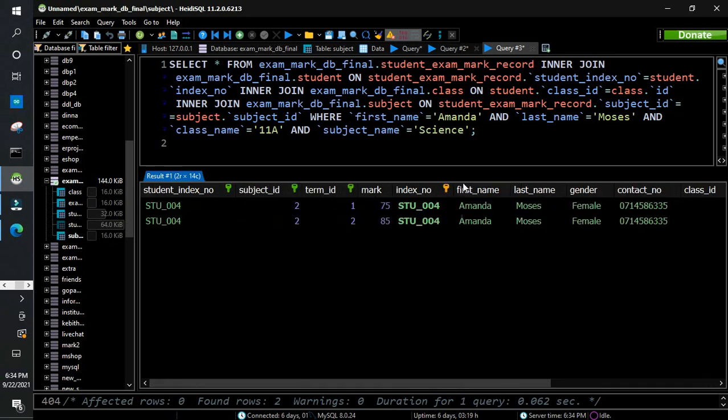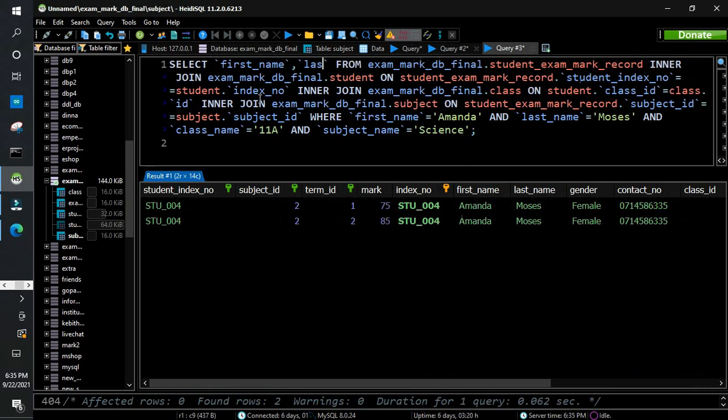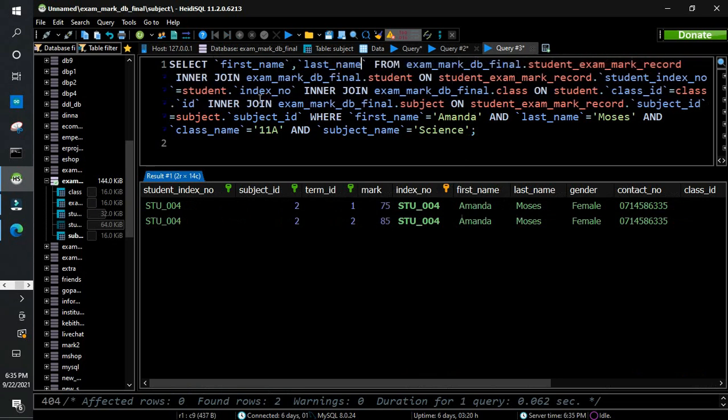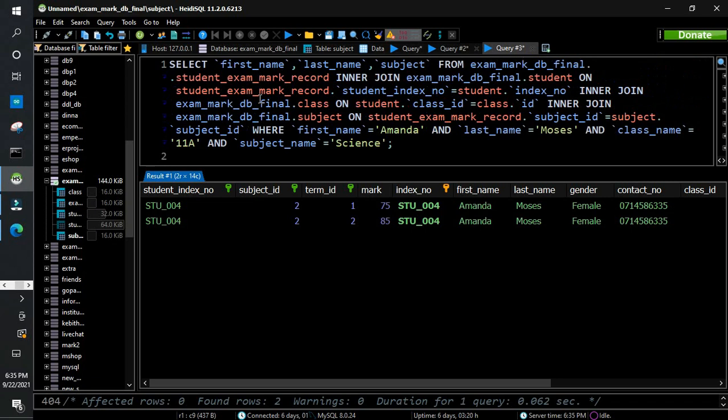So for all terms means for first term and second term. Okay. Now I don't need all these details, I'll just write the ones that I need. So first name, last name, subject name, and I'll be needing the average.